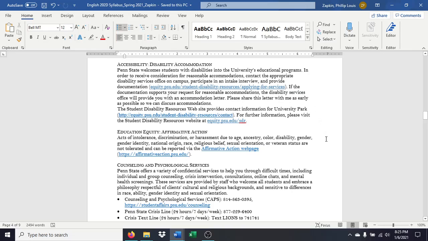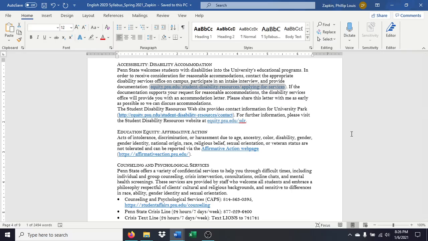If you have or think that you have a documented or documentable learning disability, you need to contact Penn State's Disability Accommodations people, the Student Disability Resources. You've got several links here. This is the main one that you want to use to apply for the documentation that you need for accommodations.